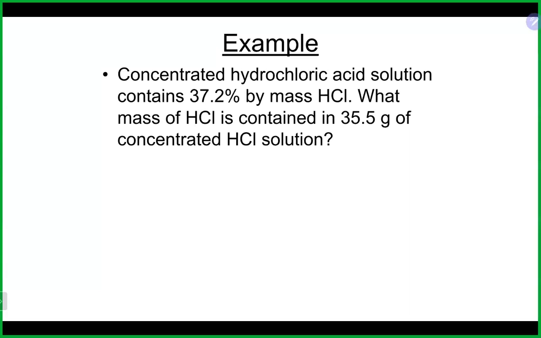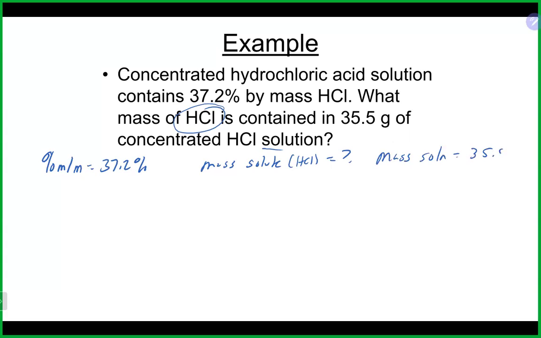Okay, so let's take a look at this one here. We have the mass percent given to us, which is 37.2%. We're looking for the mass of the solute here, which is our HCl. And that is what we're looking for. By the way, I know that is the solute, and that's what I'm looking for because we're looking for the mass of the HCl. Remember that the name of the solution is the solute. So if you're looking for HCl, then you're looking for the solute in this case. That means that the other number, like it says there, is our solution,